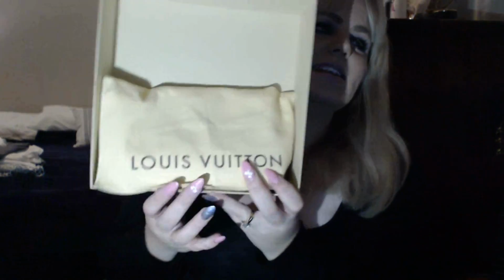Now let's get to the second item, and it's the same, or I guess similar sort of box. Same ribbon, always beautiful boxes and beautiful packaging. Another hard box, as you can see, opens the same, and there's another dust bag. Now this is horrible because, as you can see, it looks very similar to the one before. And a lot of you Louis Vuitton